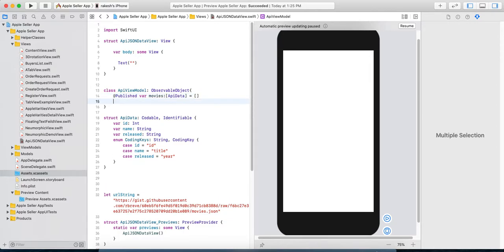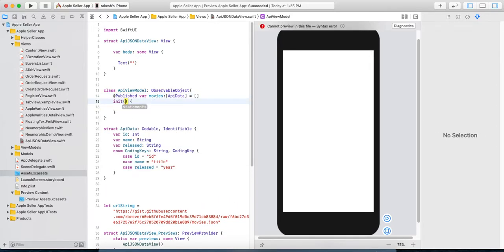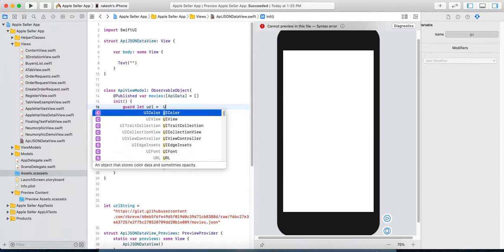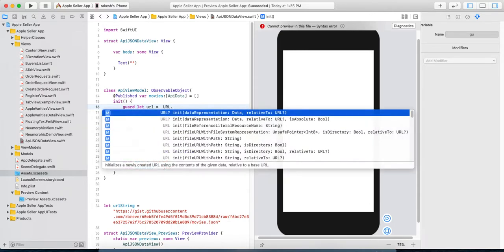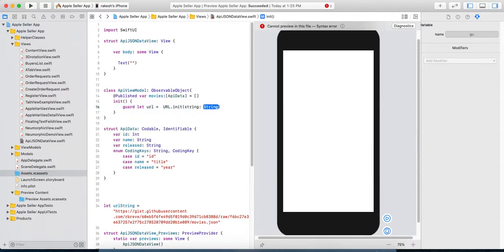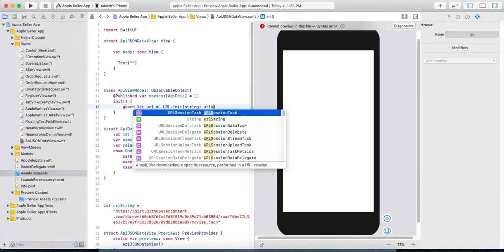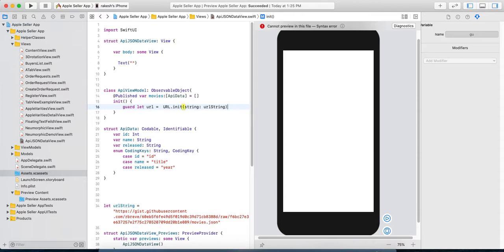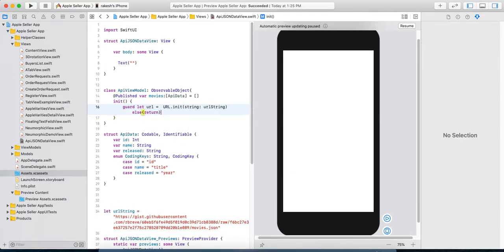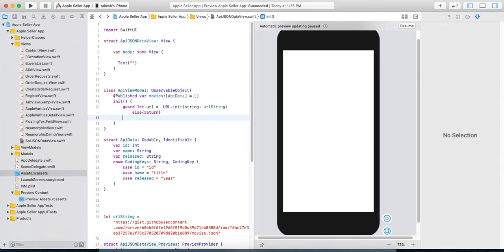First of all, we will add let url equal to URL. It will check whether the URL is valid or not. For that, we need to add the URL string that we have already taken, else return. If there is no URL, then it will return.